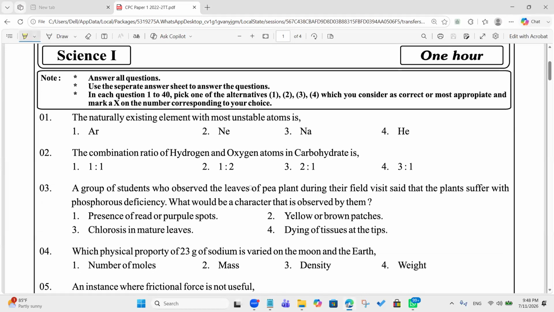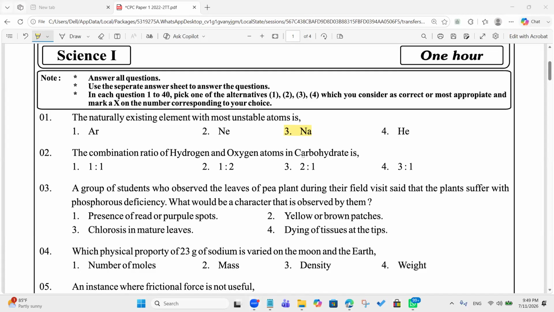Tell me the answer. Most unstable atom. Yes, Lamai? I need your answers, right? Number three, sodium. Yes, that's correct. Argon, neon, helium, they are noble gases. Their outer shells are completed, but sodium, it's in the first group. The configuration is 2,8,1, one electron in the valence shell. So it's unstable, easy. The combination ratio of hydrogen to oxygen in carbohydrate is,